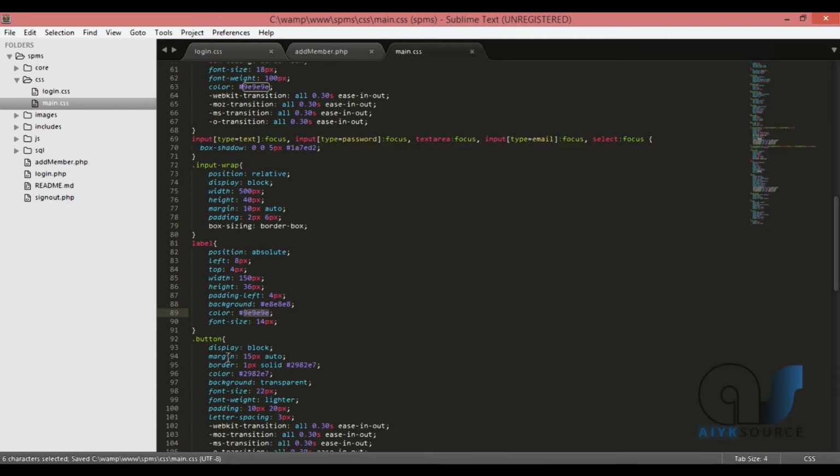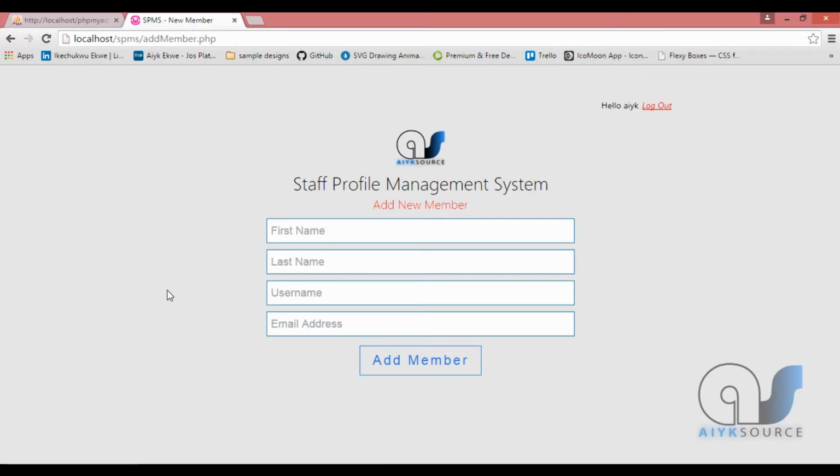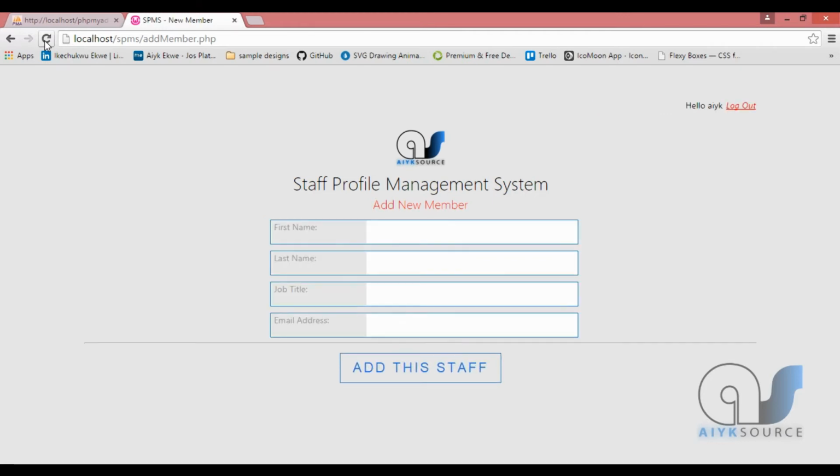So I'm going to save, and then I'll head over to the browser, refresh. Let's see the effect this adds. Really nice, really nice, really nice. So our form is actually looking more presentable now. Good. When I refresh,